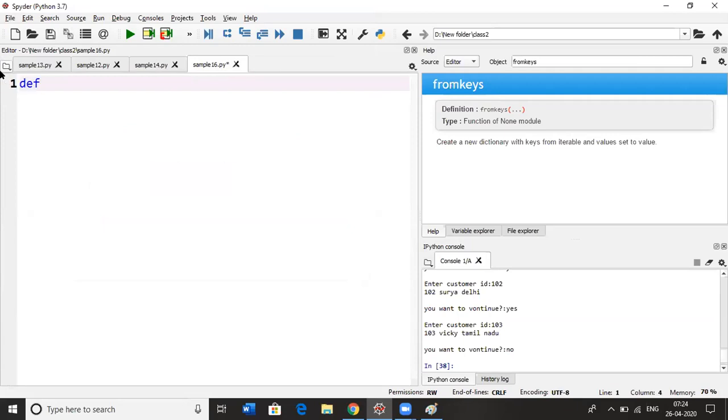Let's make a function here, printing good morning.